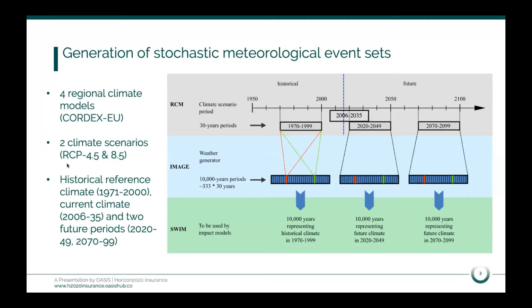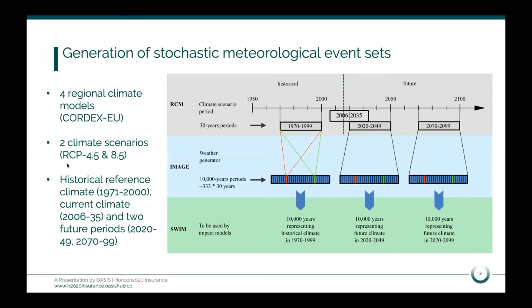And then we compare this reference period, or the output of the model, to the future periods. And here we actually have 3 future periods, while the first one is basically defined as the current climate. It's centered around 2020, and this is supposed to represent the current climate conditions in this catchment. But we also tend to look at longer term horizons, such as the medium term future 2020 to 2050, and the long term future 2070 to the end of the century. And this is kind of classical climate science